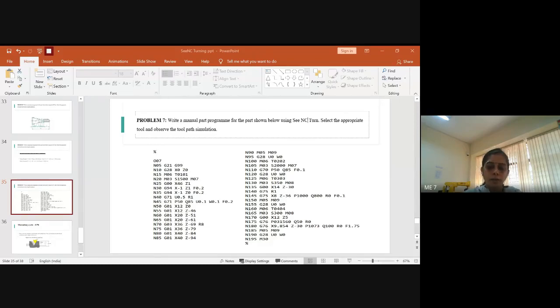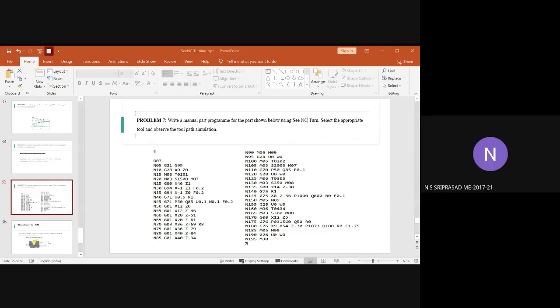In the beginning, at the initial level of programming, every program will be written on the board. When you are thorough with the syntax, you will be asked to write the program manually in the observation book, for cross-checking, and later you can refer to the manual. Once you are thorough with the program, only then will you start with the CNC turn software. We will switch the machine on, you will type the program, and then you will start simulating it.